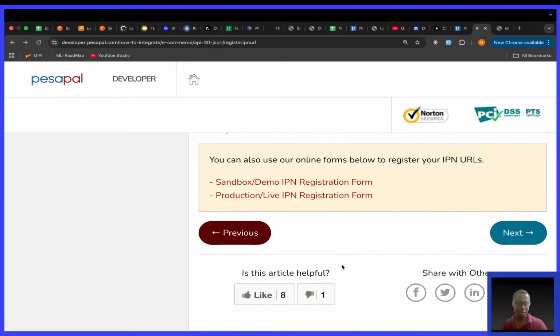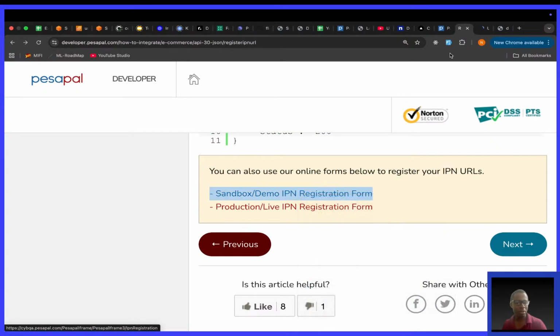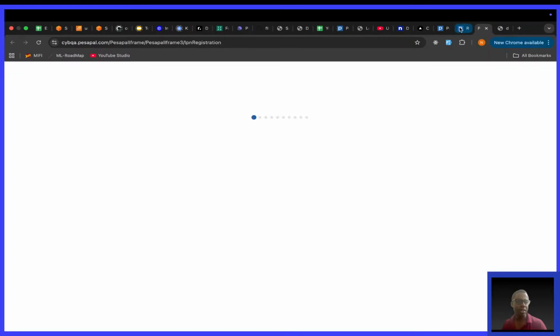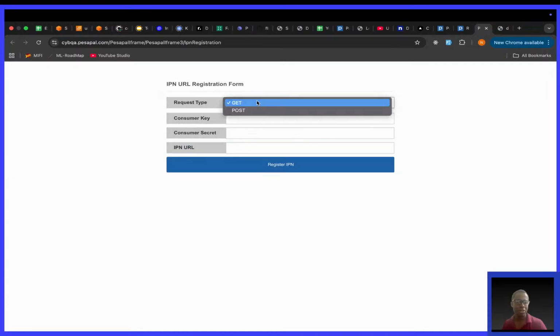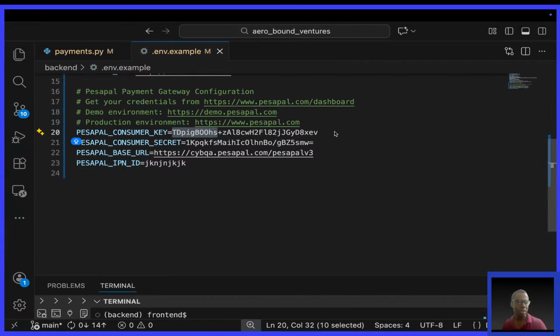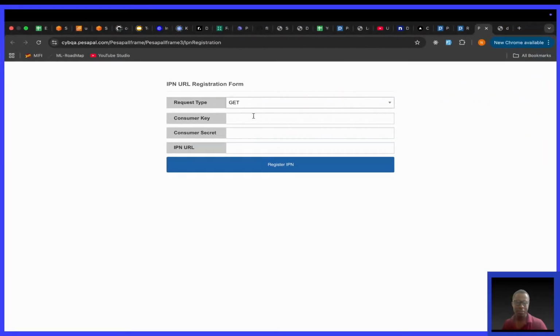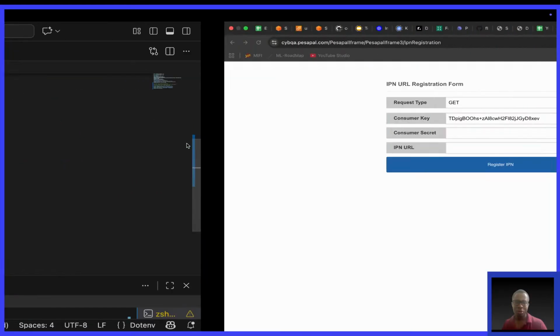Then they're saying you can also use our online forms below to register your IPN URLs, for demo and for registration. Actually, this is what I did. I didn't use the endpoint. I used the form. So for the method I simply put GET. You get the consumer key, like how I showed you how to get it. You paste the consumer key, then you copy the secret,